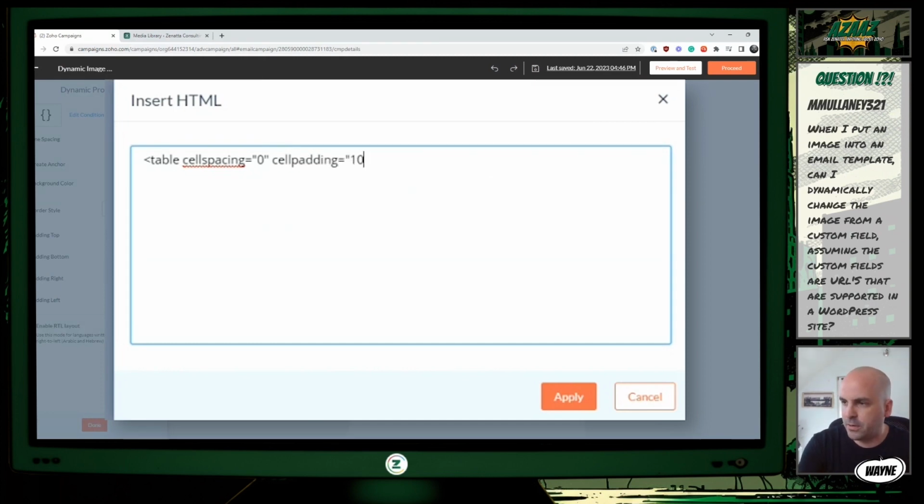Am I coding on the spot? One, so we'll set up a basic table here, and we'll set up a table row and data. First, we'll put the image on the left. So